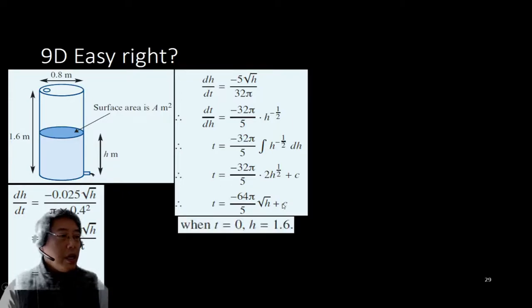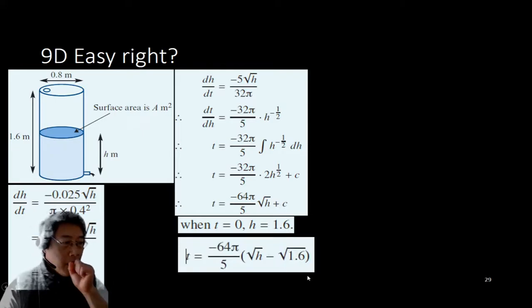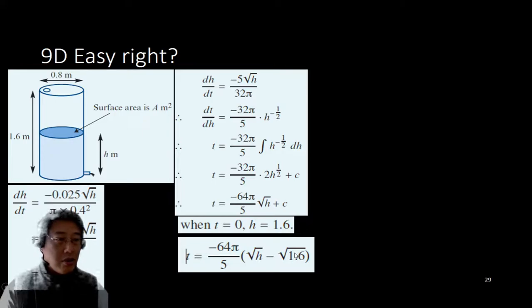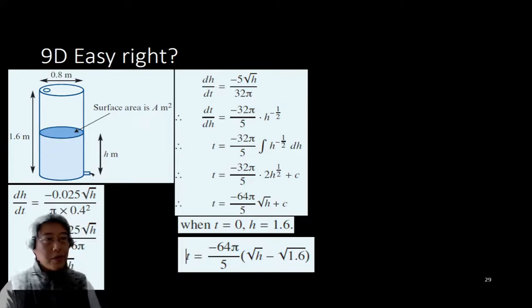Okay, and with the initial condition, you know that when t equals 0, it's a full tank, so h equals 1.6, so you can determine the value of c. We substitute into the final expression to get t without any constant or variables, just all numerical values. Okay,